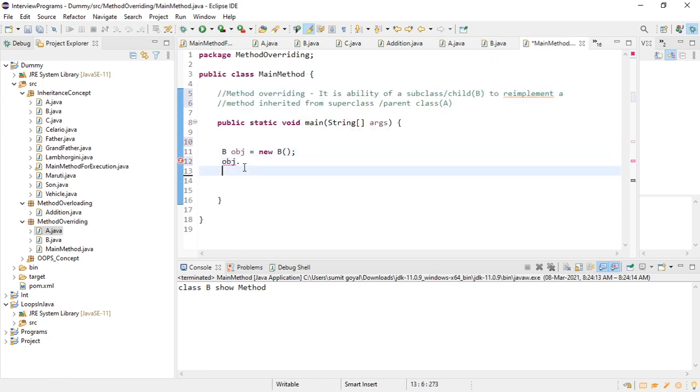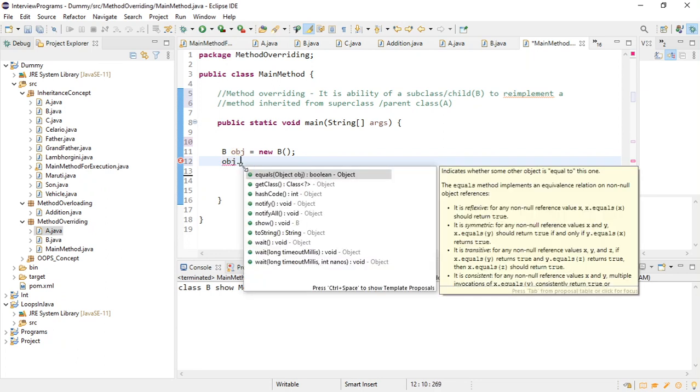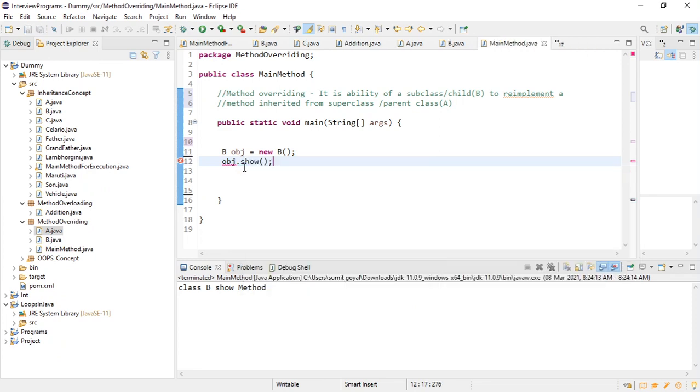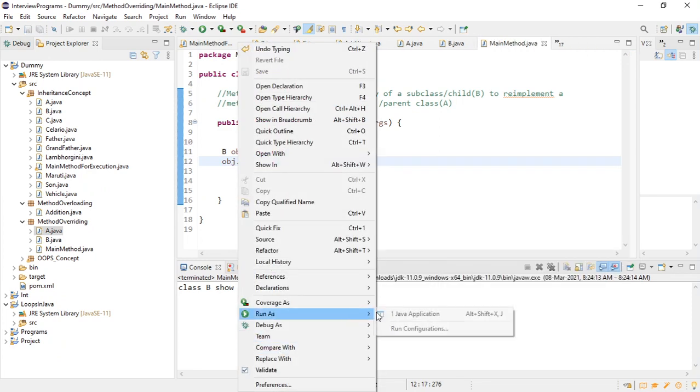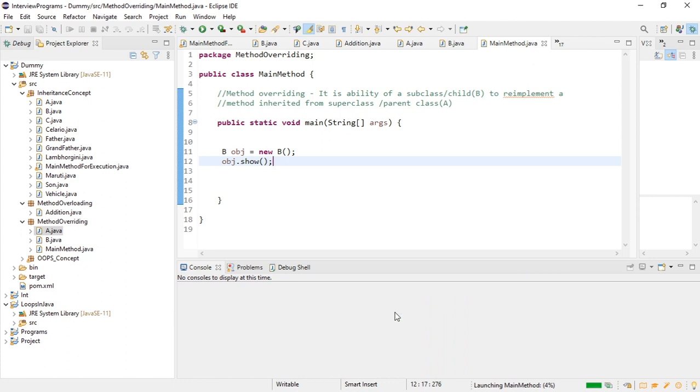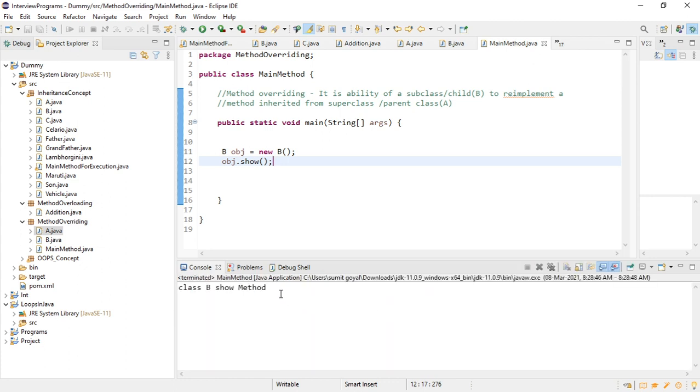And if I write obj dot show, it is saying class B show method if you create the object like this.